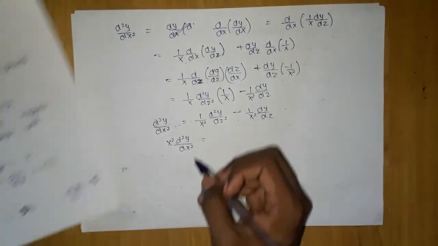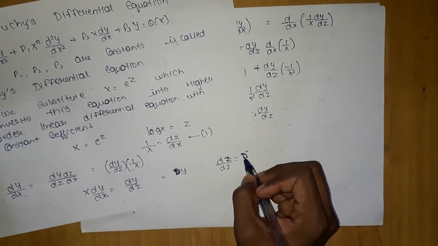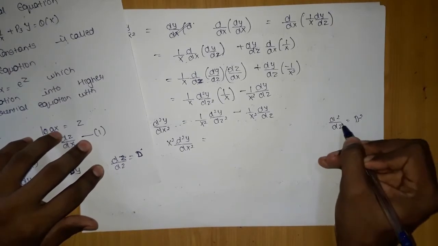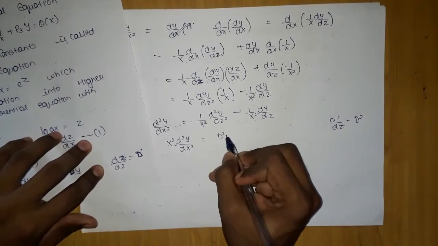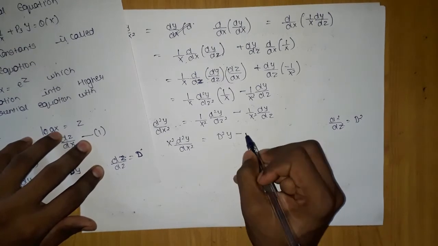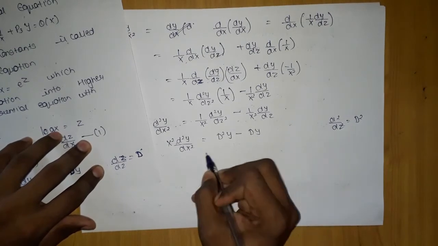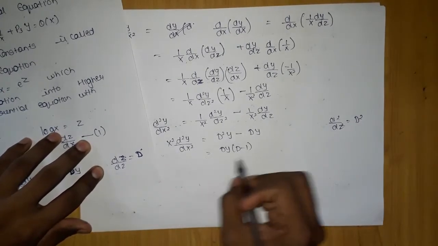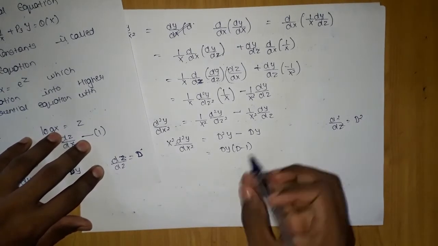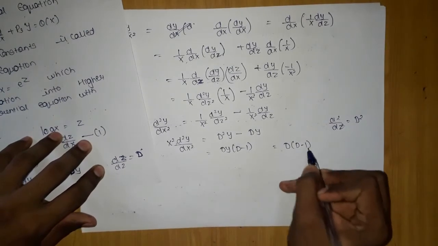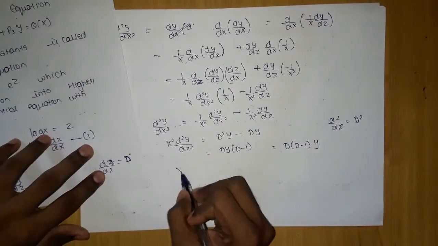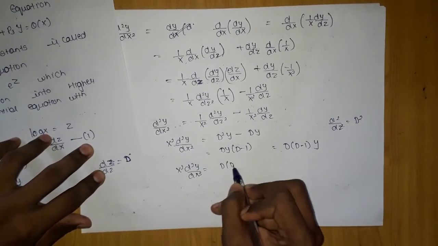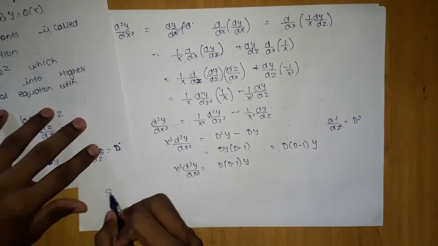Now we know, we write d/dz as D, so d square/dz square we will write as D square. So here by this it will become D square y minus, here it will be Dy. So if we take the things common, Dy, it will be D minus 1. And if we write it properly, D into (D minus 1) into y is equal to the value of x square d square y/dx square. So x square d square y/dx square is equal to D into (D minus 1) y. Now similarly